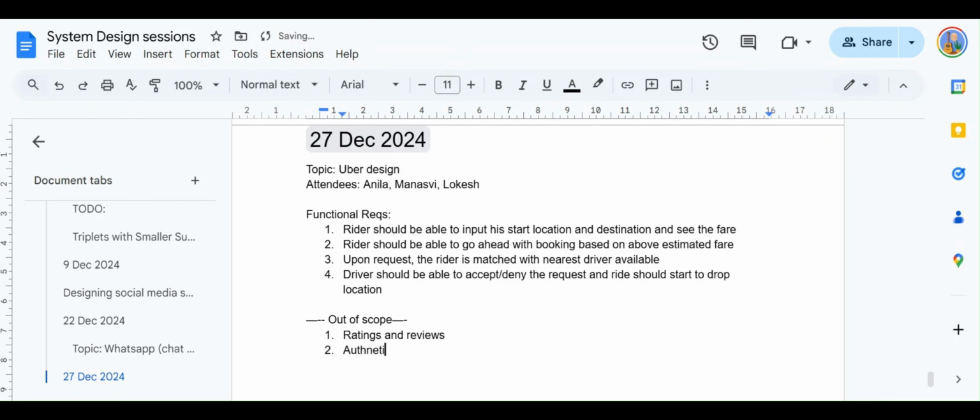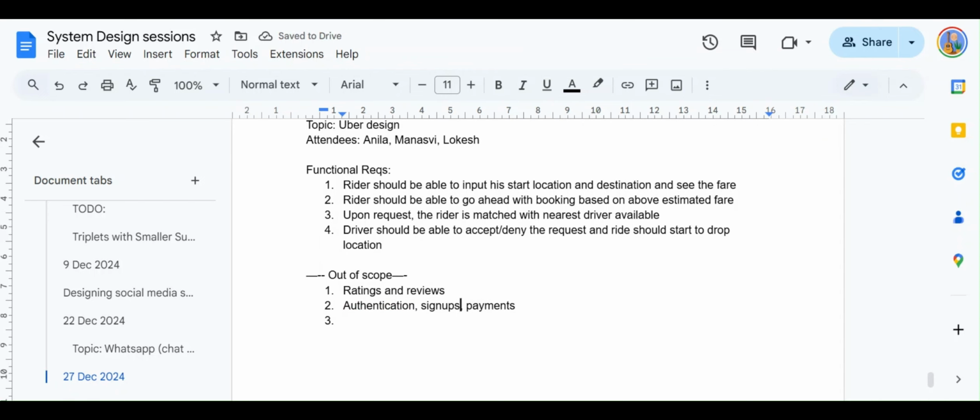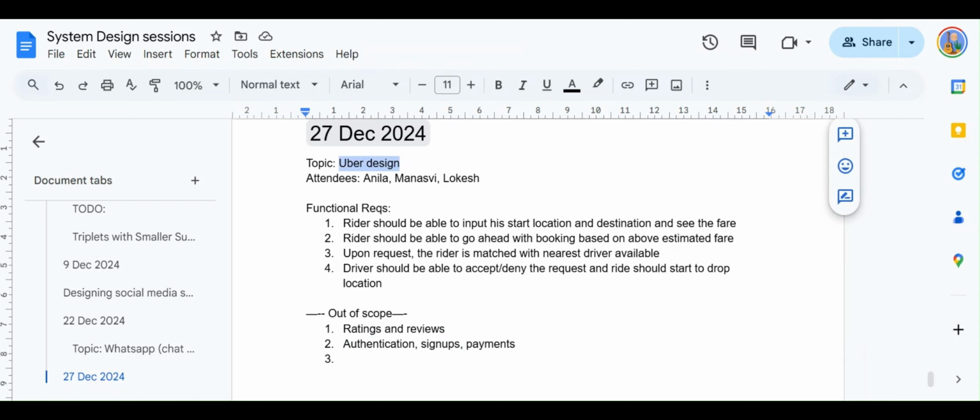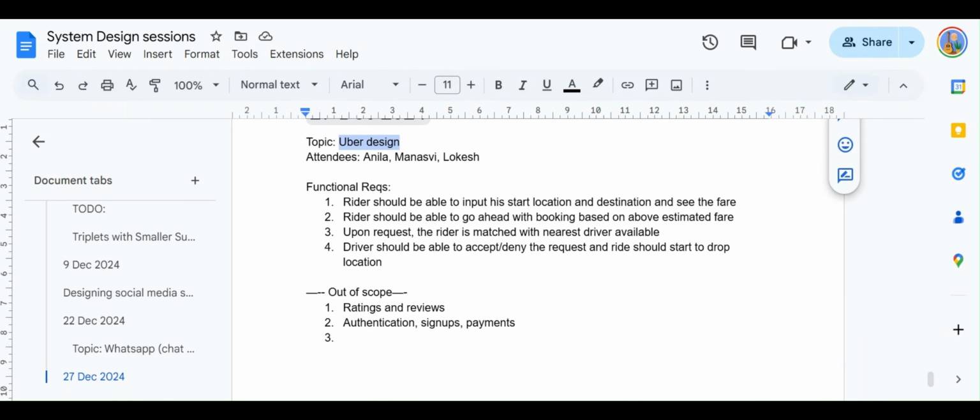Second, authentication, signups, and payments are out of scope. Authentication and signup remain constant for most applications, so they don't warrant discussion as part of the Uber design, because this is a standard process.